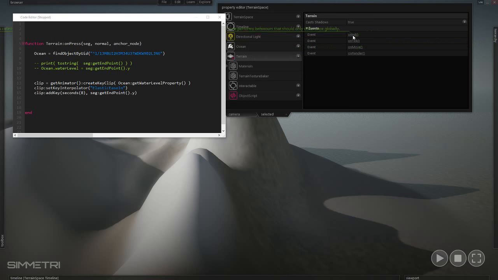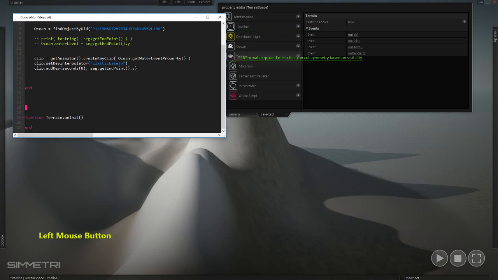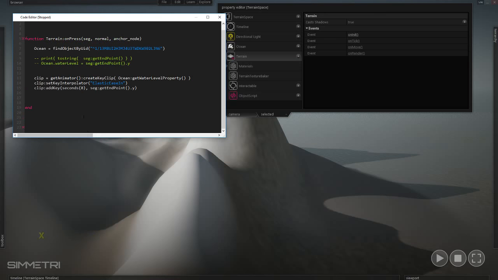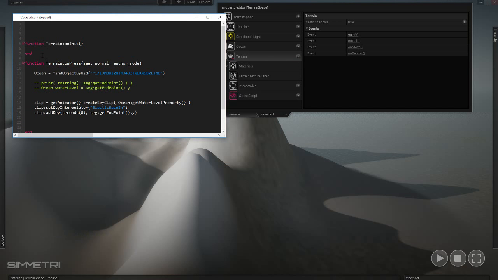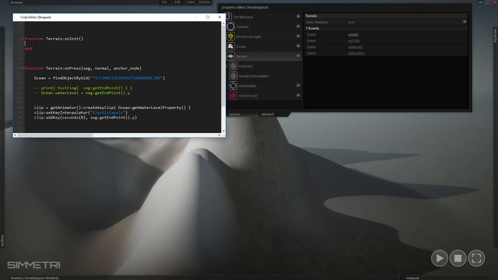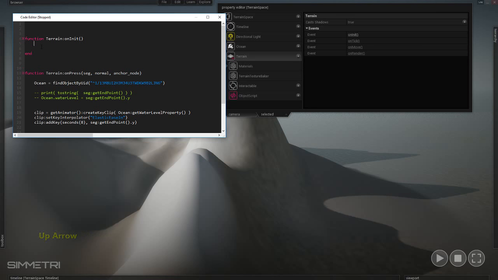And so I'm going to click on init. I'm going to select terrain here and then click expand events, and there's on init. I'm going to click that. Just for cleanliness sake, if an init comes in later, I like to cut and paste it up to the top of the script. And so in my initialization, this runs at the very beginning, when I press play,